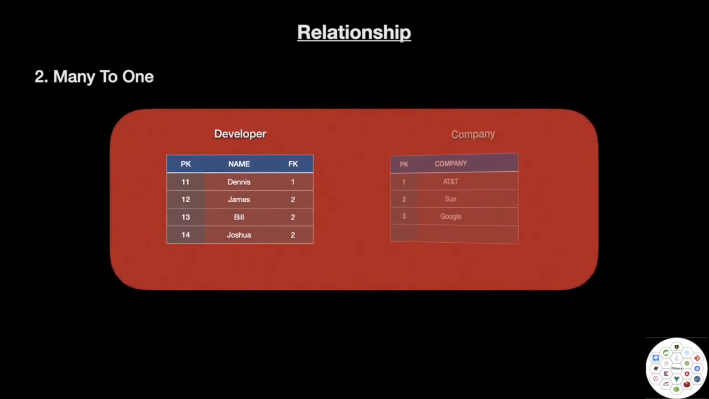So the second relationship is many to one. Let's take one example. Here you can see we can have two tables. The first table is the developer table and the second table is the company table. And here you can see